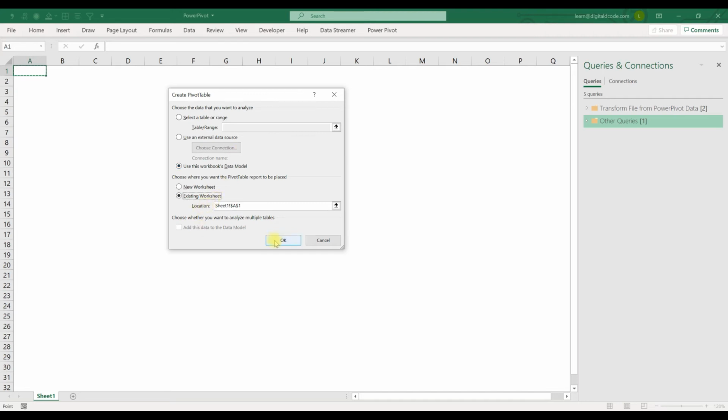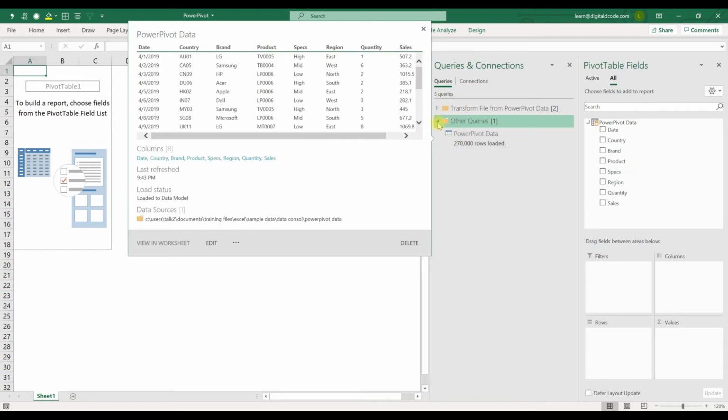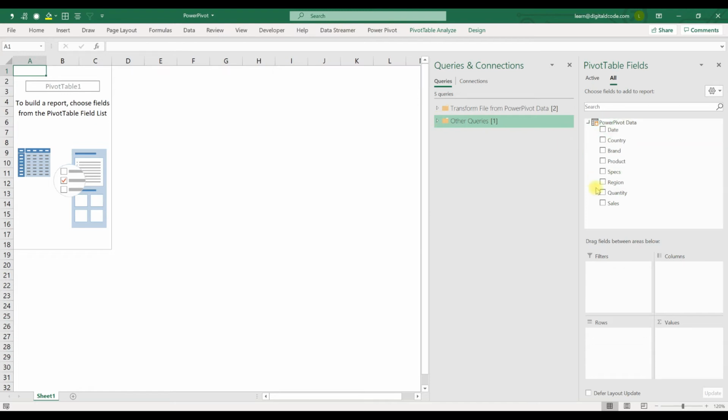So click OK. You can choose wherever you want this pivot, a new workbook or new worksheet or existing worksheet. Let me choose the existing worksheet. So I'm choosing range A1. Press OK. So now you got the tables which we have in the data. To check, we already checked, we have a total of 2,70,000 rows. So all the data fields we have here.